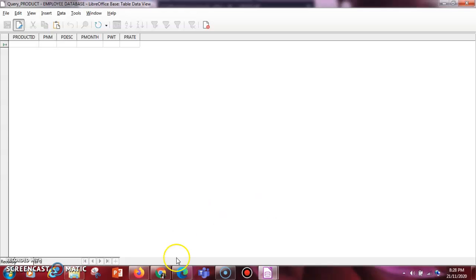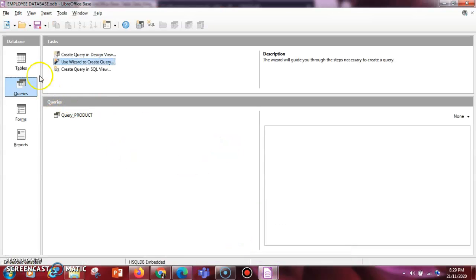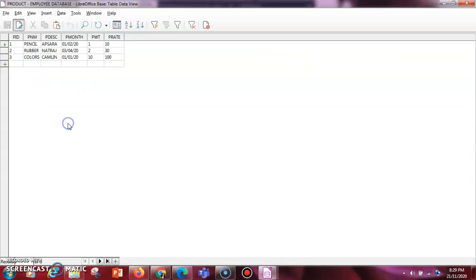Now here as we haven't entered the names exactly which are present in the table, this table is totally empty. Okay. Now if you want to get a desired output, you need to check what are the things present in the table. Okay.